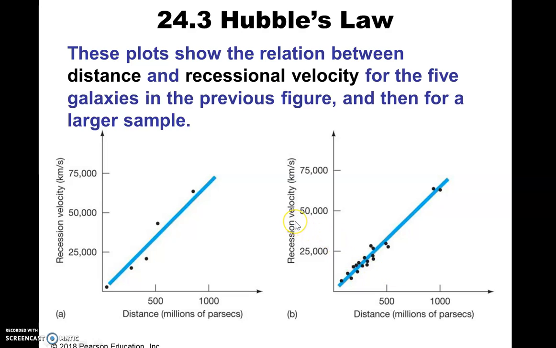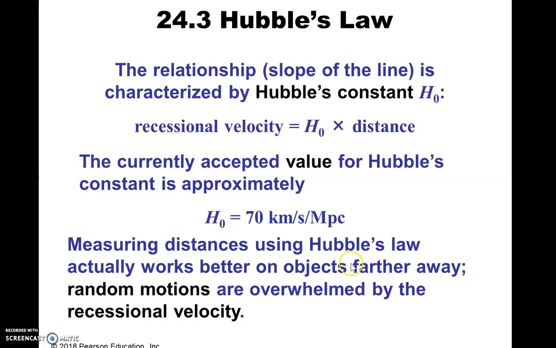The redshift will give you what's called the recession velocity. It's just right from the Doppler effect. That tells you how far away it is, and that is called Hubble's law. The recession velocity is equal to a constant, now called Hubble's constant, times the distance. And Hubble's constant is in units of, so this is the one that